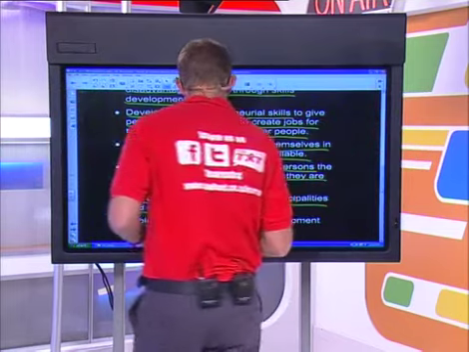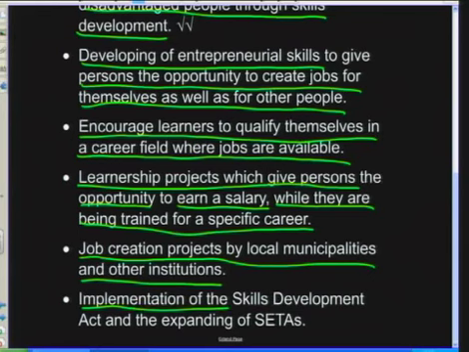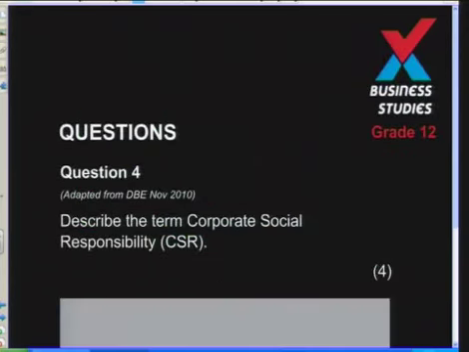Now, our local municipalities can do that. They can either have local farms where people can grow herbs and vegetables and fruit, or they could teach people skills, get people to build roads. All of those local community projects give people skills as well as pay them a salary. Right? And then the implementation of the Skills Development Act and expanding of CETAs. Right. Okay. So the next question is,